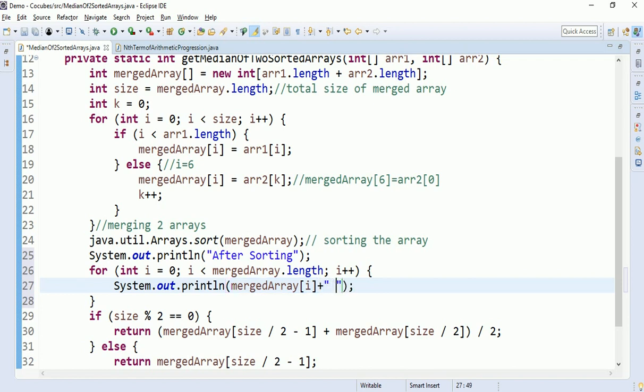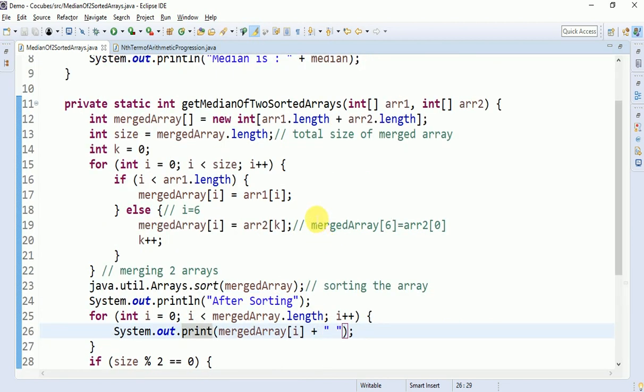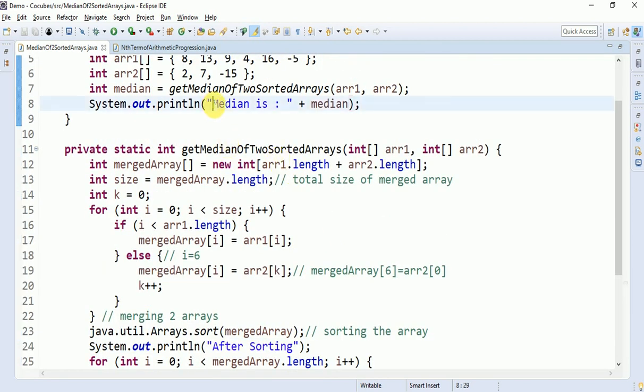I want a space and don't want the next line. Once after printing this, I get this in the same line, so I want it in the next line.